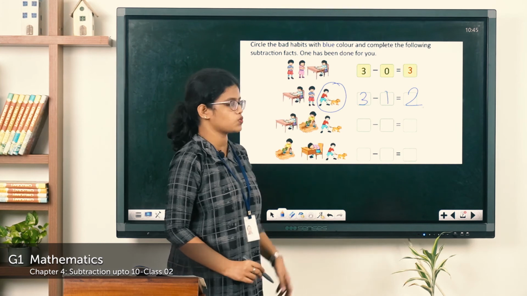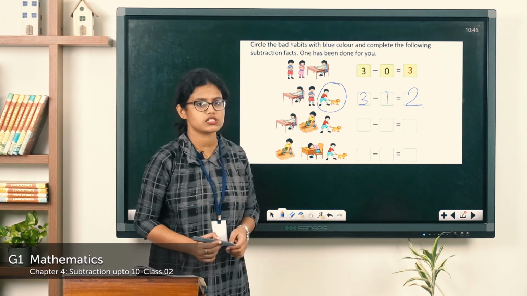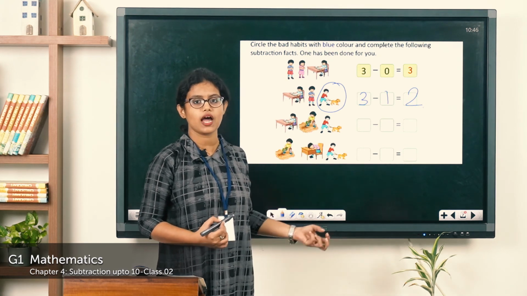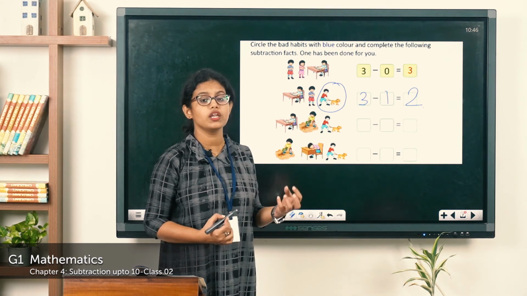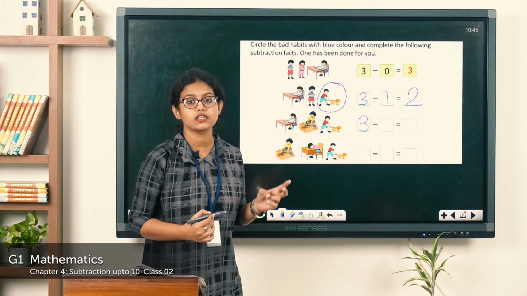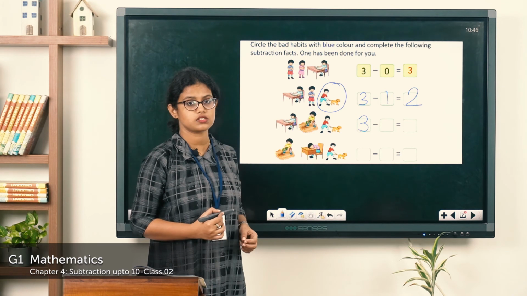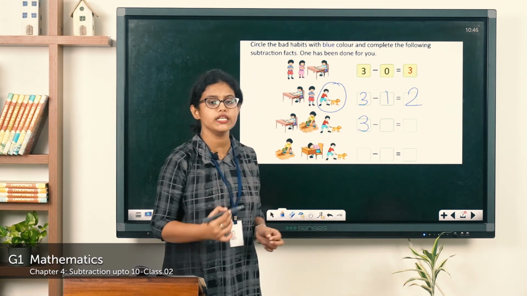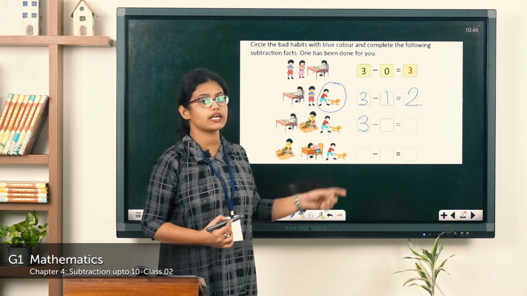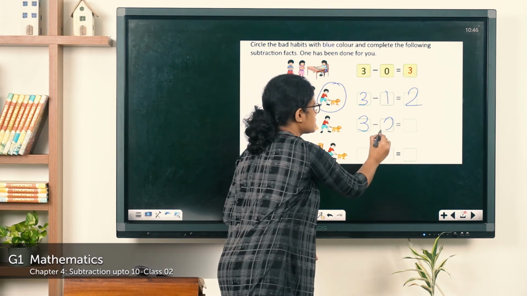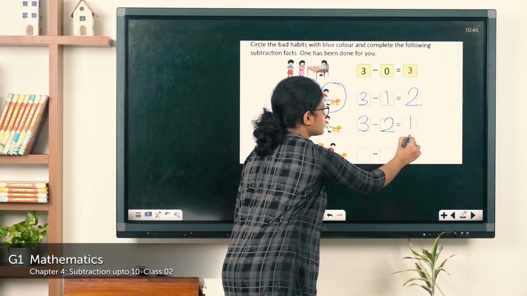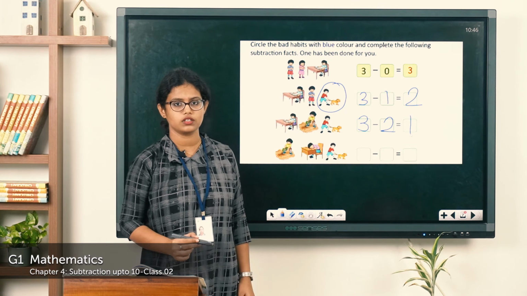So let's see the next one. A boy is studying. So what about this? He is pulling out the plant and he is pulling the tail of a dog. So there are 1 good habit and 2 bad habits. So from that we need to subtract which habit? We need to subtract 2 bad habits. So 3 minus 2. What is 3 minus 2? 3 minus 2 gives you a total of 1.